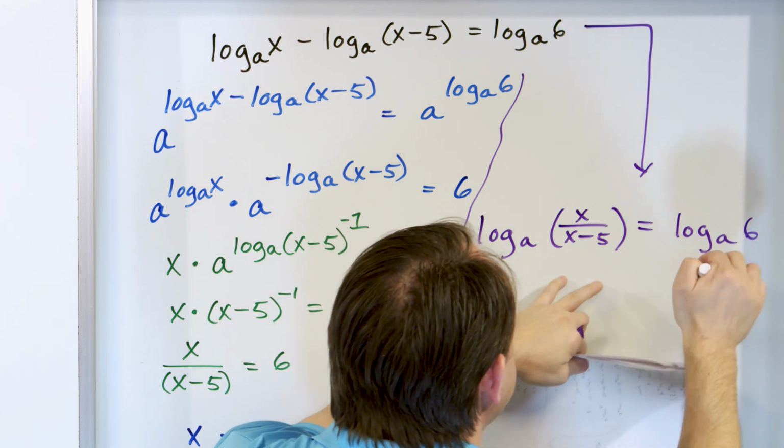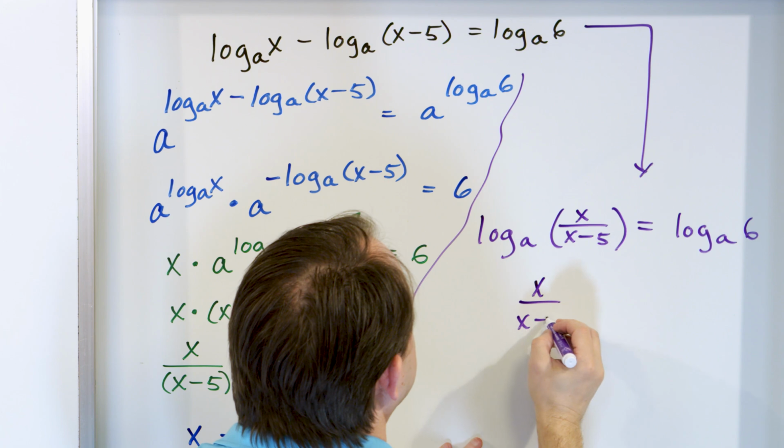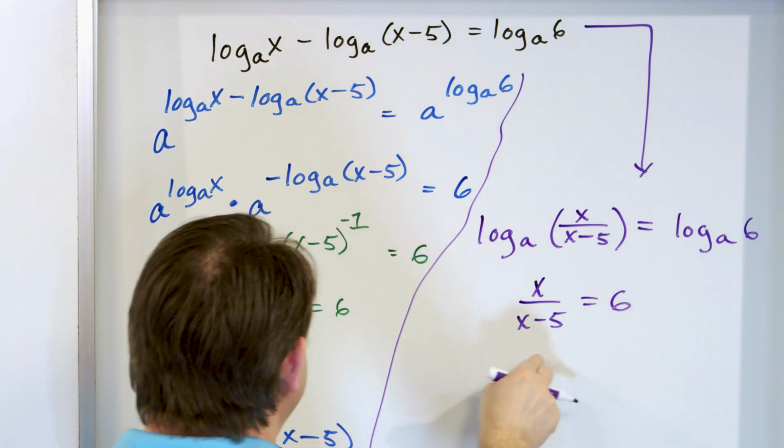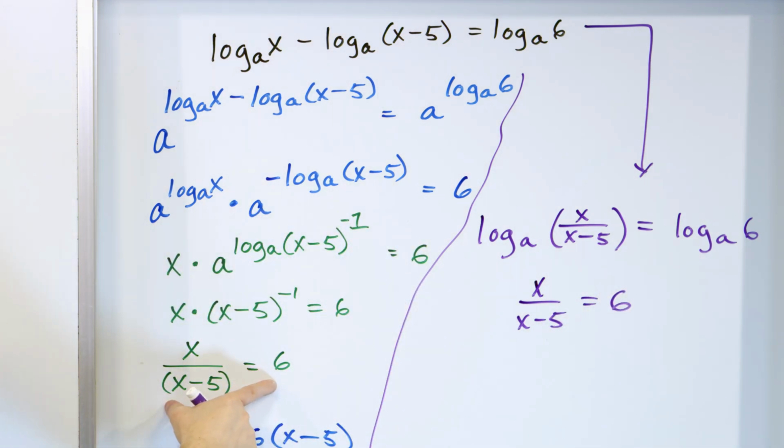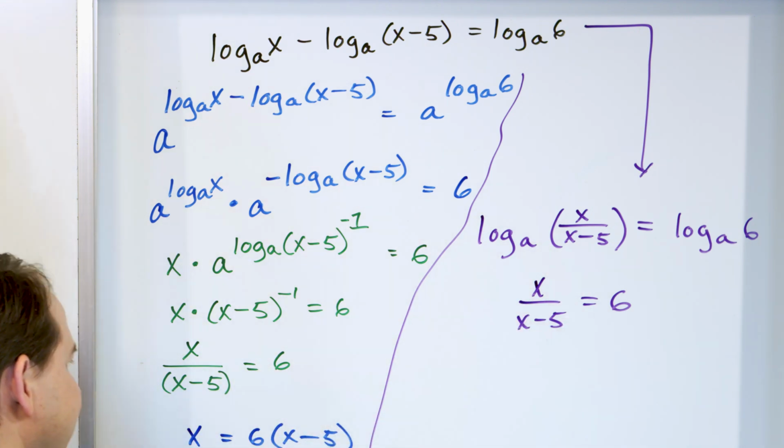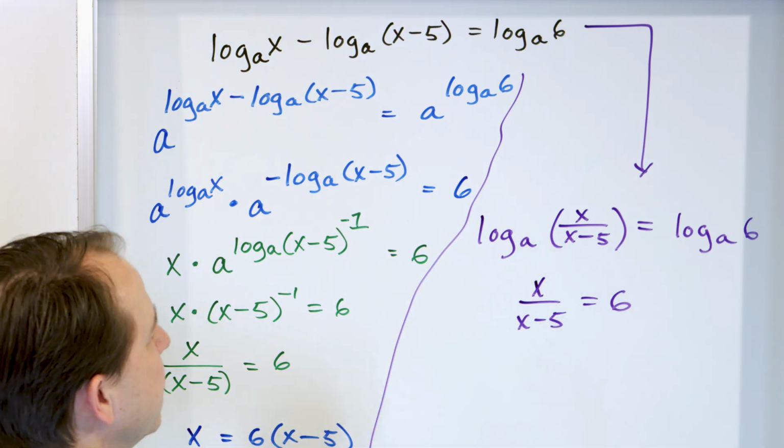So you see, just with a simple line, I now have base a logarithm, and the thing I'm taking the logarithm of, they have to be equal. x over x minus 5 is equal to 6. This is exactly where I arrived right here. x over x minus 5 is 6. So from here, the solution's the same. You would get the same thing. I agree with you that this is fewer